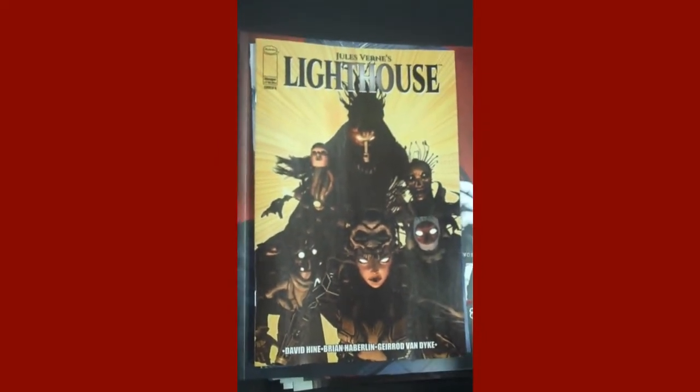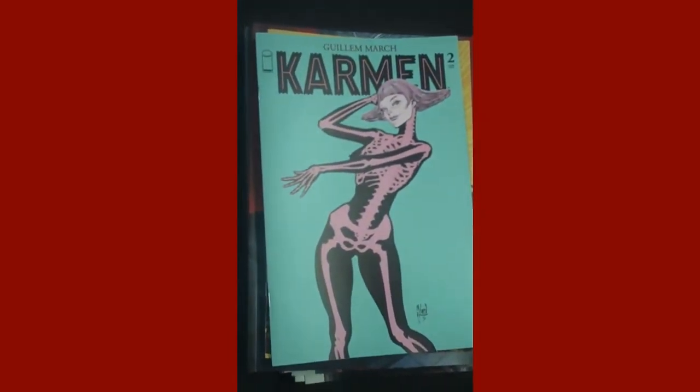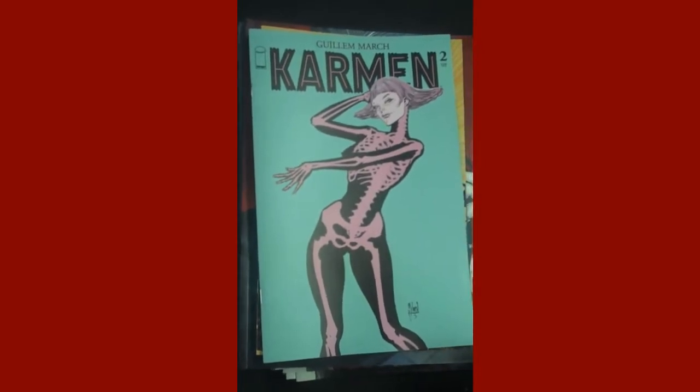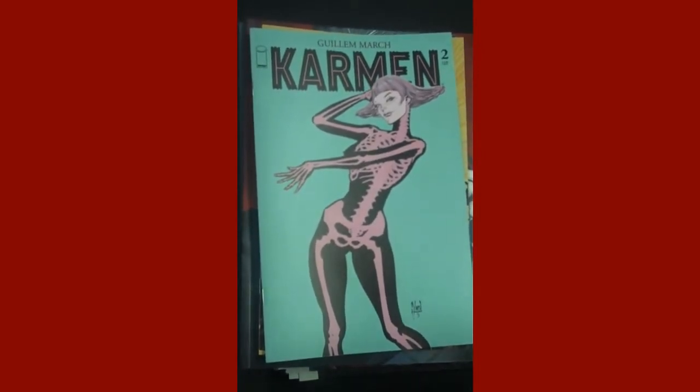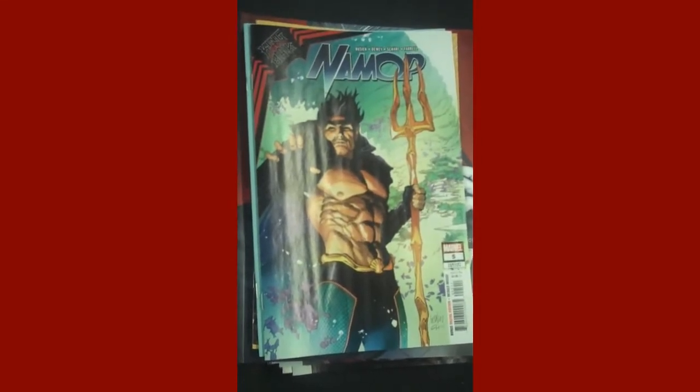Also from Image, we have Gilliam March's Carmen, issue 2. Very intriguing book. Enjoyed that a great deal last week, or a couple weeks ago. Then up next, we have King in Black, Namor, issue 5. And then from